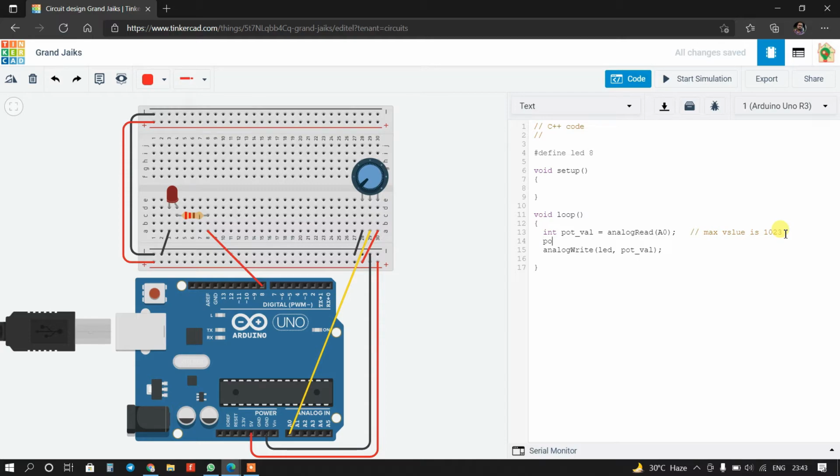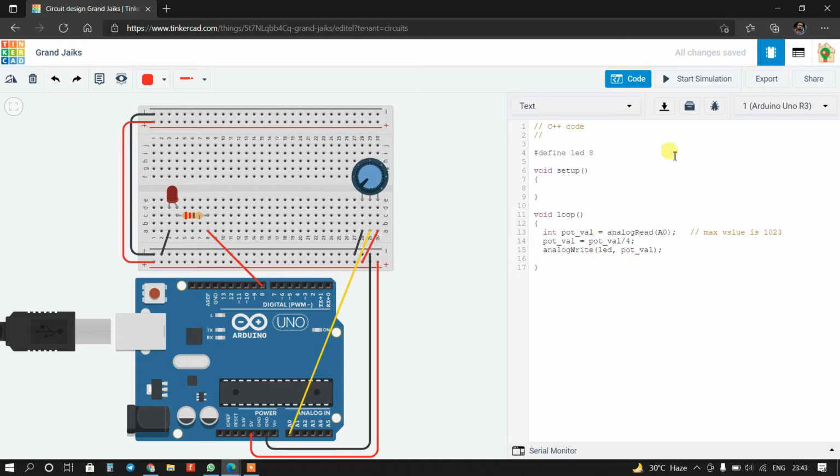So pot_value equal to pot_value divided by 4, right? Now it is correct, and I think now everything is okay.